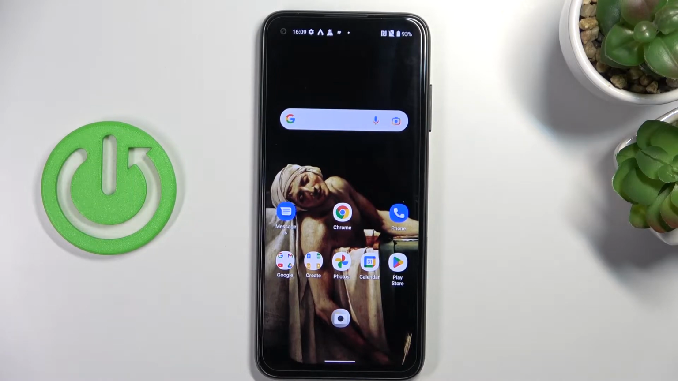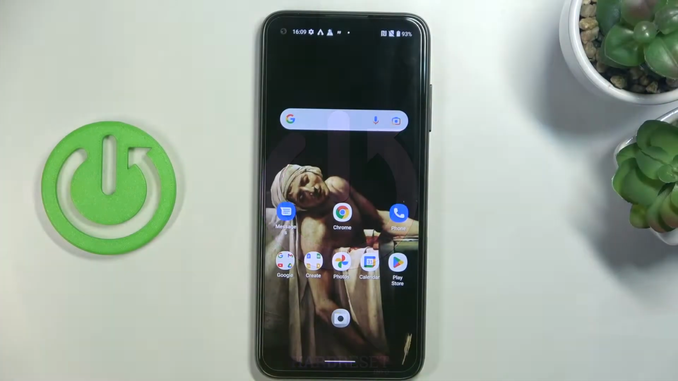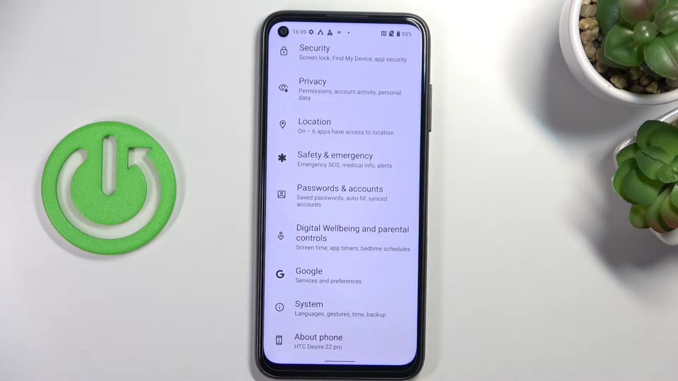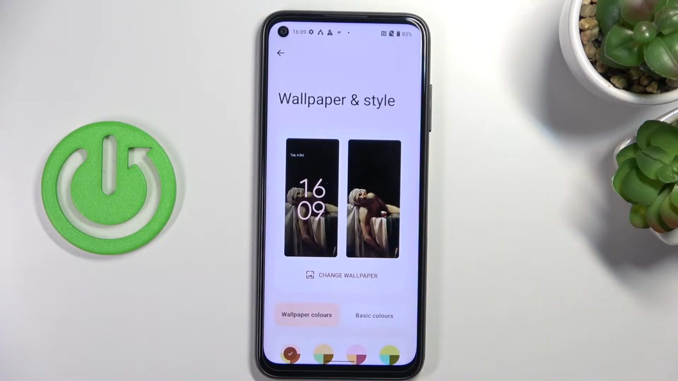Hello everyone, here we've got HTC Desire 22 Pro, and let me show you how to change the wallpaper of this device. So at first you need to open the settings, then find and select wallpaper and style, and now click on